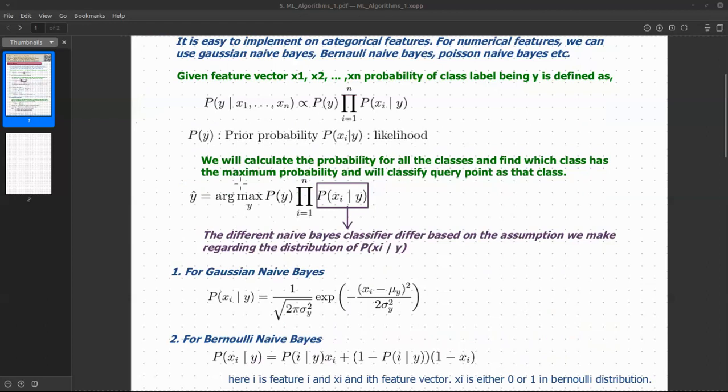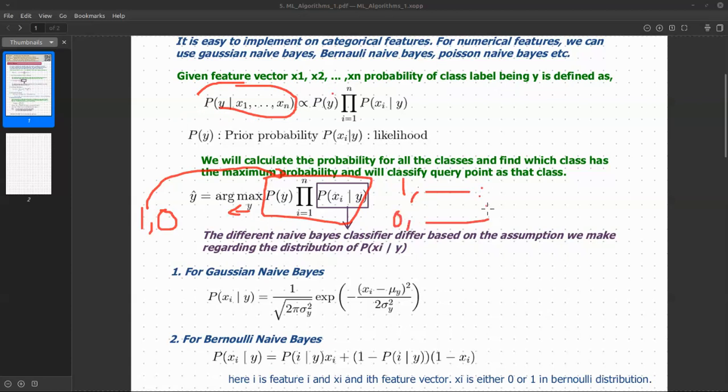After doing all of this, I will find the argmax y. So what argmax y is saying: y is nothing but the category that we are trying to find out, right? Yes or no? So for yes, I will calculate this product, P(y) multiplied by this naive Bayes formula. So it's nothing but the probability of yes given input, and then I will calculate one given input, then zero given input. So whatever probability I get, let's say given this input xi, the probability of yes is 80% and the probability of no is 40%, right?